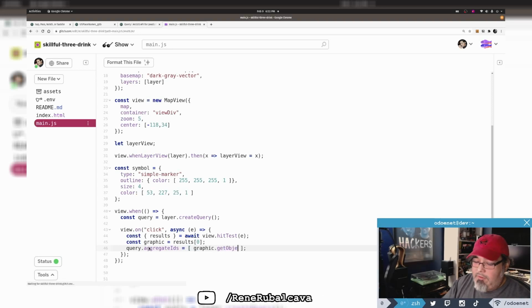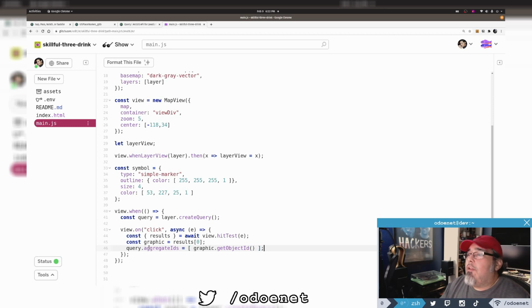Graphic.get. This one messes me up. It's get object ID, not object IDs. I thought it was IDs. No, I'm not going to make that joke. It's get object ID. So now that I've got that, I can pass this query to my layer view and